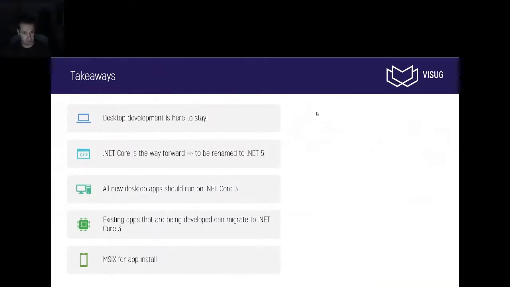I've added some resources here, some documentation, some blog posts from Microsoft itself. The final link here is the compatibility list for WinForms that shows you what things you need to replace, what APIs are deprecated, and so on. And yeah, that's basically the end of my presentation. Let me switch to the questions.